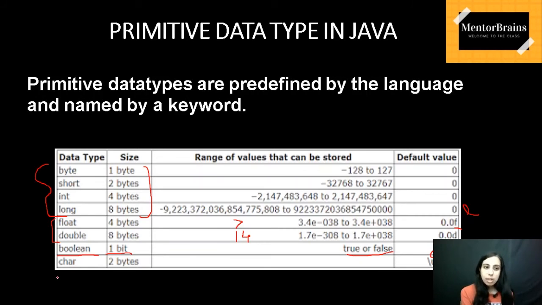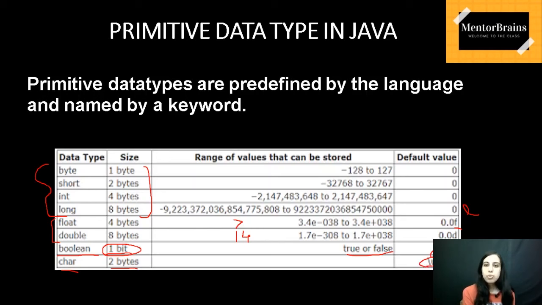Okay, now comes character. Now character carries 2 bytes. One thing is there that some people say that Boolean occupies 1 bit, but in memory the size actually given is 1 byte. While having two values, true or false, basically it is saying that it occupies the least memory. Now coming on to character, as I was saying, it occupies 2 bytes of size and the default value is as mentioned here. It is a slash with these zeros.